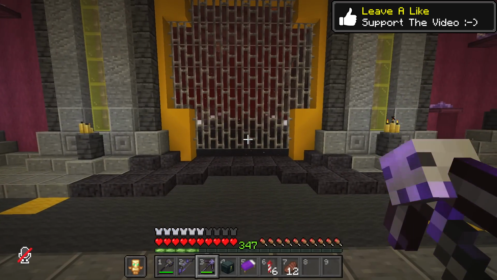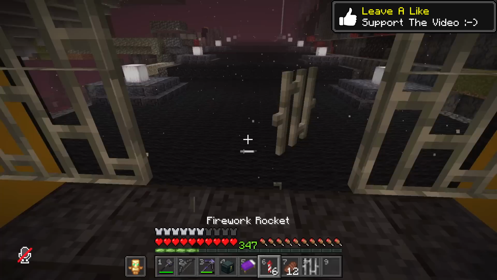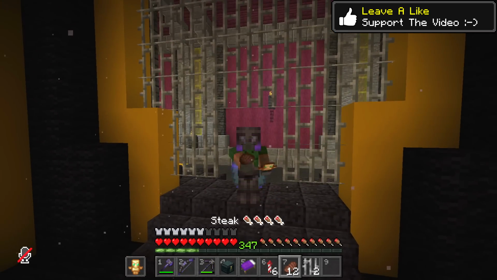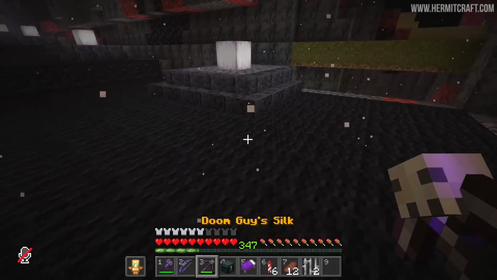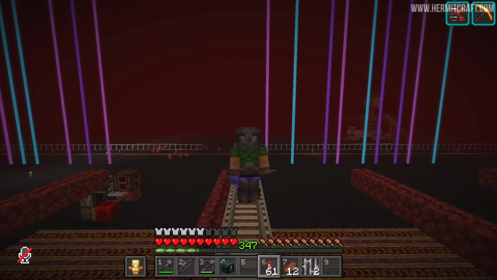Please excuse the iron bars. I've got the entrance done and the floor on the opposite side, which was originally going to be out of concrete powder. However, if multiple people are in the nether, mobs can actually spawn in here, so we have carpets. If that was in any way confusing to you, then let's head to the roof of the nether